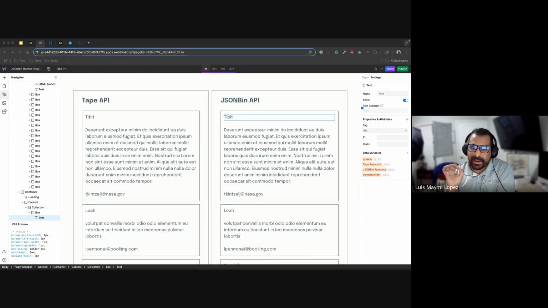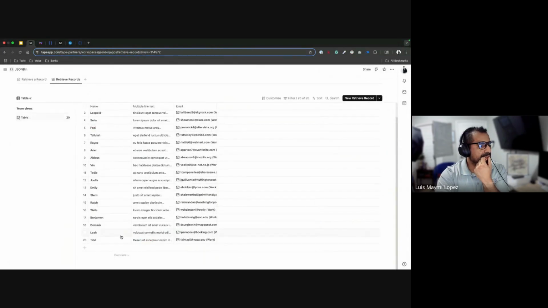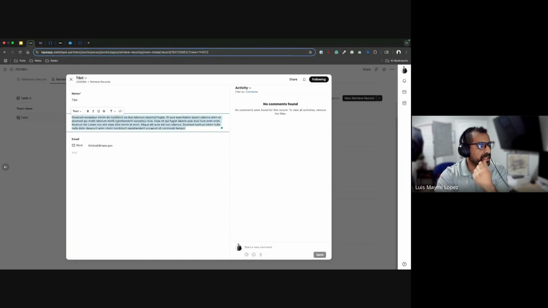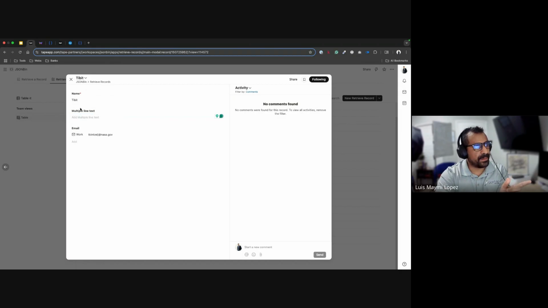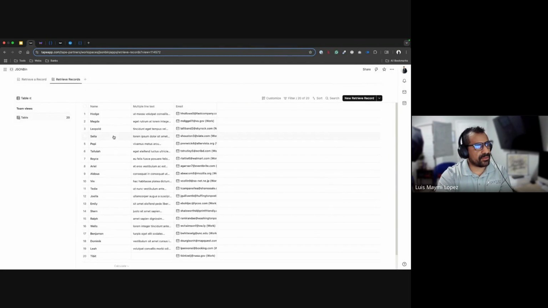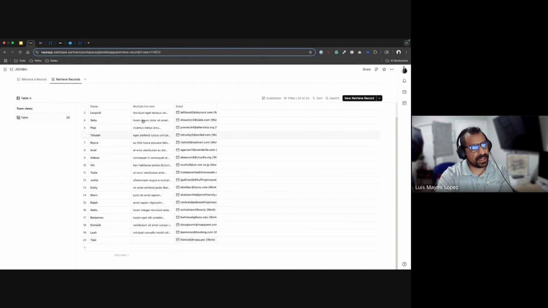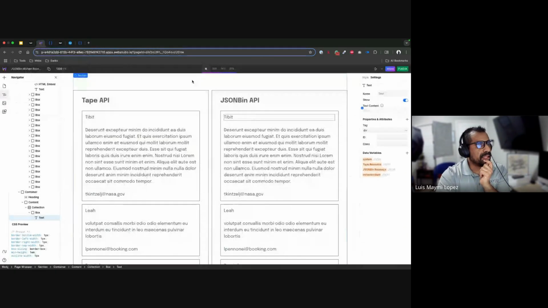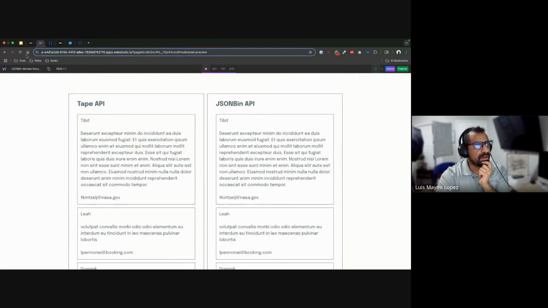And one critical part about this is what happens when you delete individual fields from the records. So let me do that. I'm gonna go back to the record, and let me delete something from this one. This is the first record from the fields. So I got 20, and deleting the first one that I created, I remove the multi-line text field. So if I go back to the landing page that I created and I refresh this one,